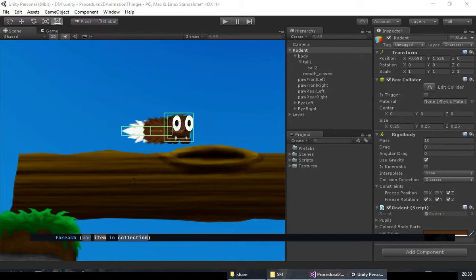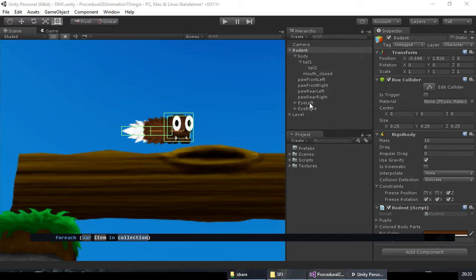So we need to get the original position of the eyes, I think. Yeah, I know. Just trying to figure out the nicest way to do it. But anyway, item dot local position is new Vector3. If we're gonna do something nicer, I'm gonna change this. But anyway,